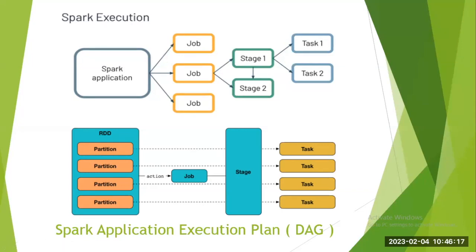So on an RDD there are two kinds of operations, the actions and transformations. There are two approaches we perform on the RDD, actions or transformations. Okay, so actions and transformations are more related to development, ठीक है। RDD क्रिएट करना, RDD पे एक्शन परफॉर्म करना, ट्रांसफॉर्मेशन परफॉर्म करना, all this work is related to development, ठीक है। We don't need to deep dive into that, but as an admin we should know these terminologies, like what is a partition, what is an RDD, what is an action, what is a transformation, all these basic terms we should be aware of. Okay,